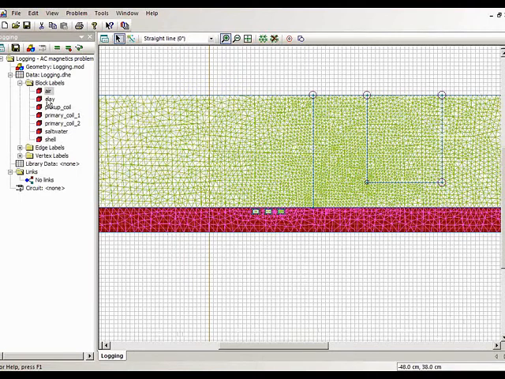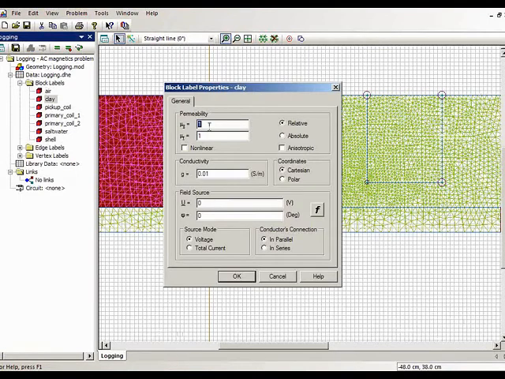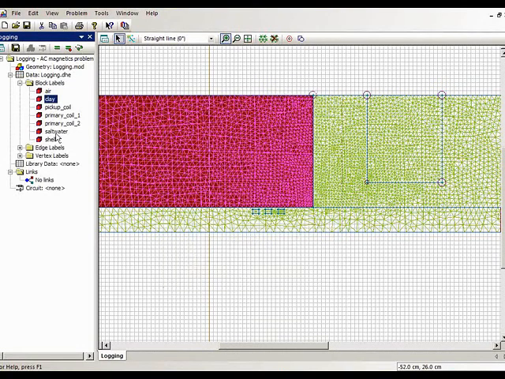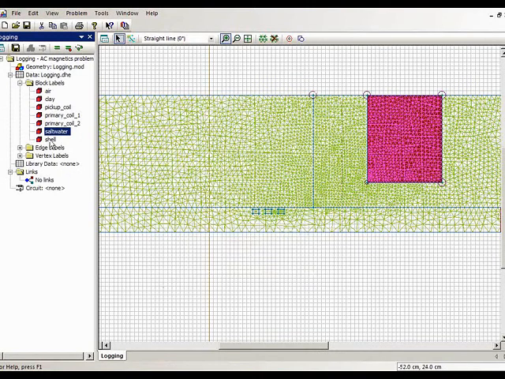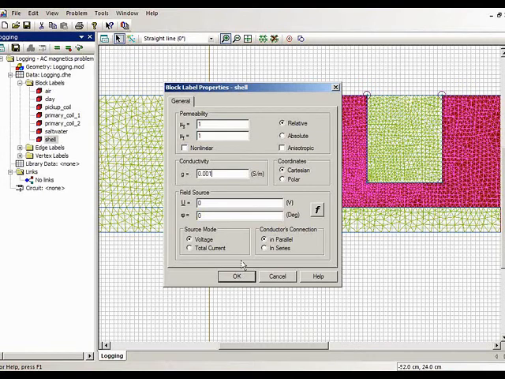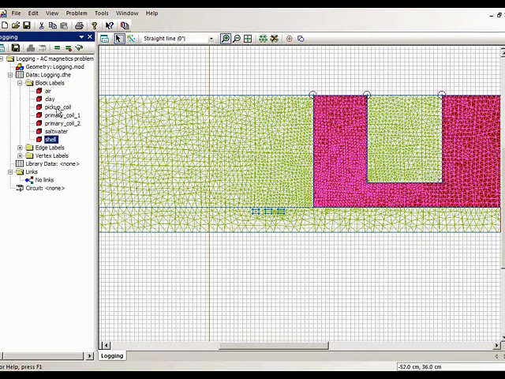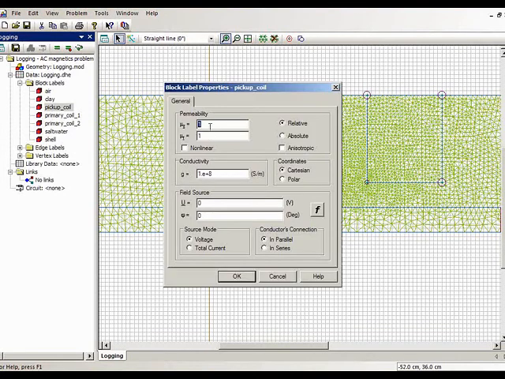This is the clay region. I've given it a permeability of 1, a conductivity of 0.01 S per M. This is salt water. Permeability of 1, conductivity of 1 S per M. A shell region, permeability of 1, conductivity 0.001 S per M. Now I have a primary coil, which is conducting, permeability of 1, and